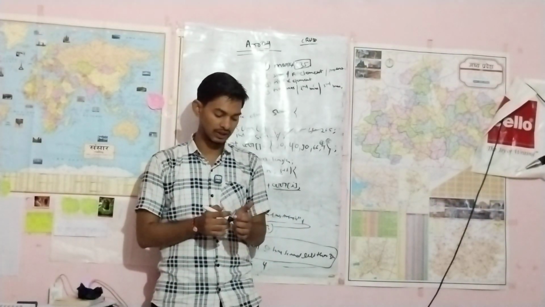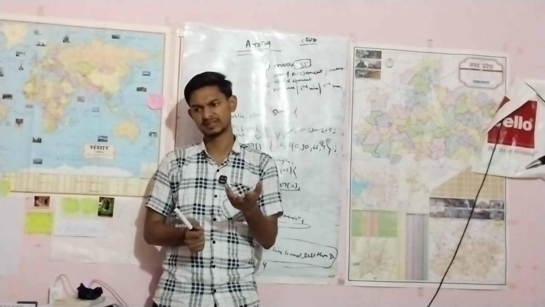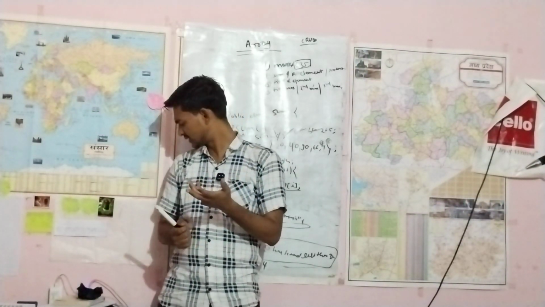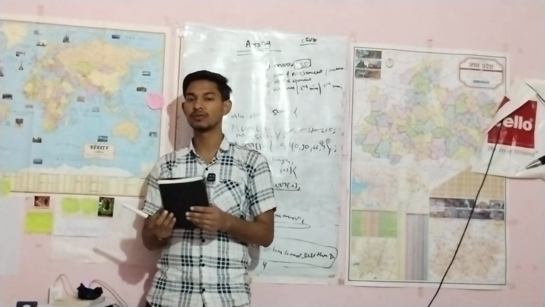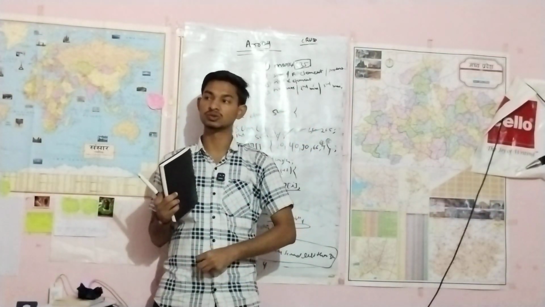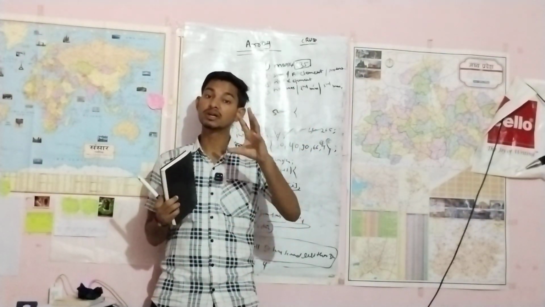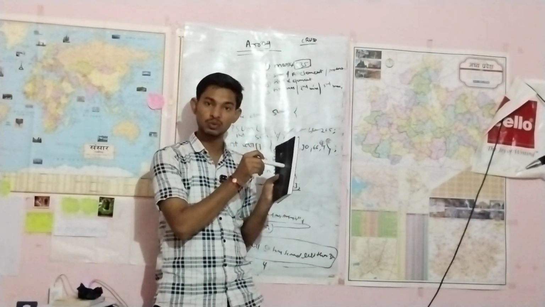Suppose you are going to collect, I mean, copy, notebooks. If you are going to collect copies, you will enter this room with your container, a bag, because this is